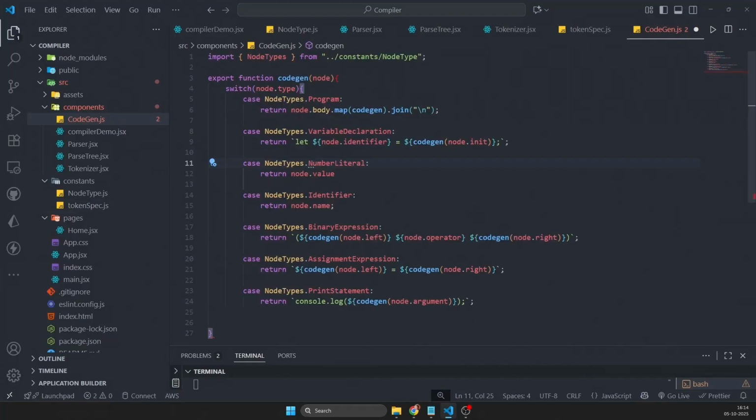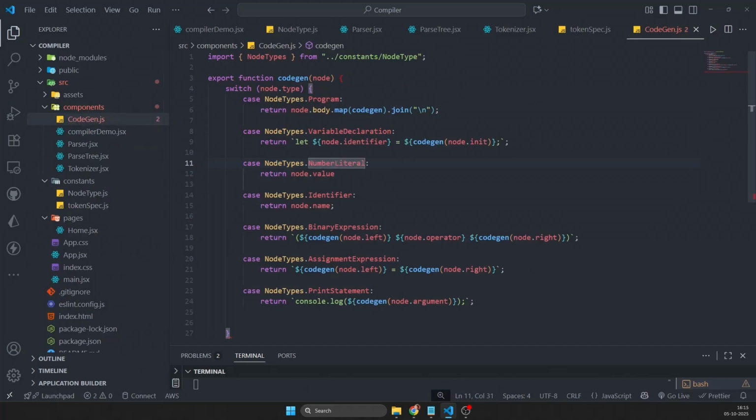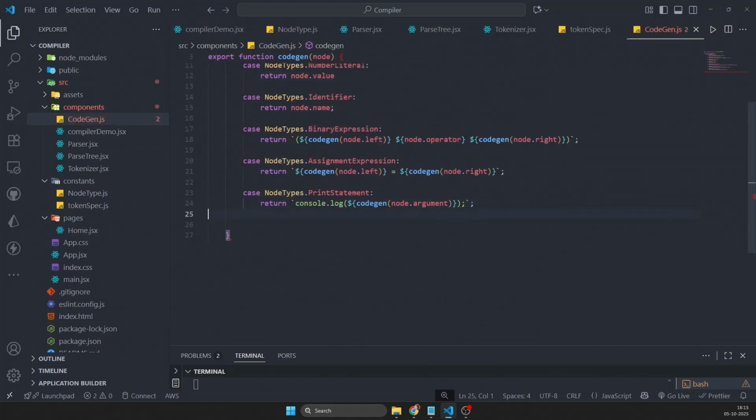Okay, so there is a typo in literal. Let's rename this to number literal instead of numeric literal. Okay, then get back to the code and create a default case. This will return unknown node type if the node type is not found. This is